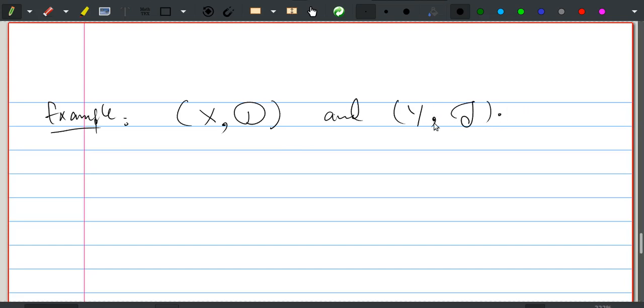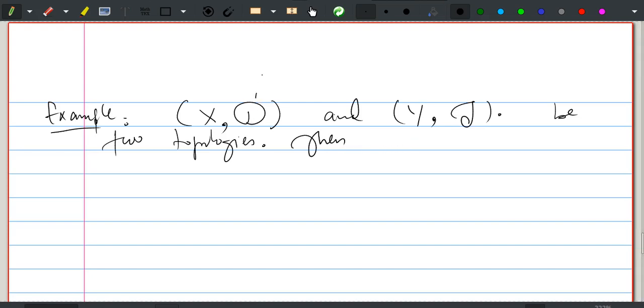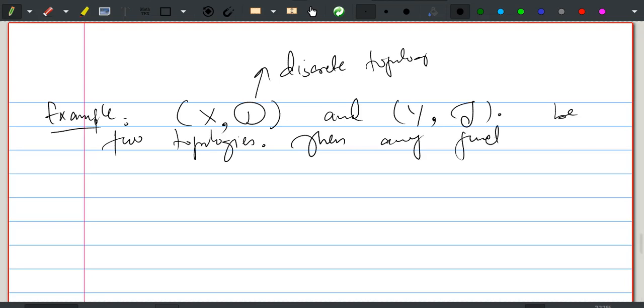So note that this D is the discrete topology. Then any function f from X to Y is continuous,